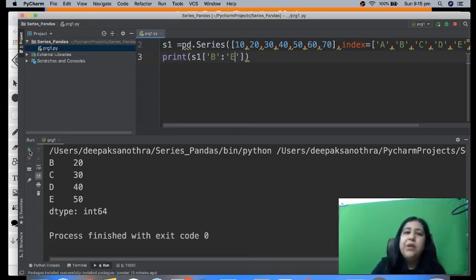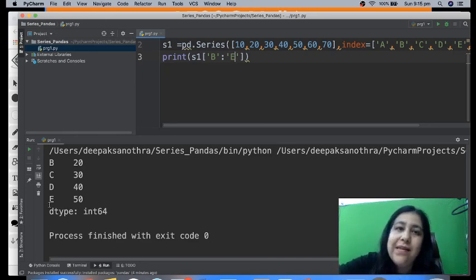Do you notice the change? It has taken E as well. So E is inclusive now. So that is what you have to remember. If it's the default index, then it is not going to take the last value. But if it is the given index, like we have specified the index explicitly, in the form of alphabets or some strings, then it is going to pick the last index as well. Then it will not stop one before that, it will include that. So that is the major point, that in case of default numbers it's exclusive, but over here it is inclusive.